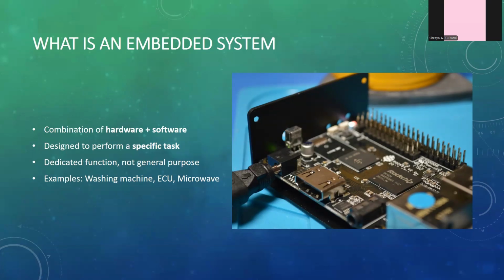So let us look at some examples to get this clear. Embedded systems, example could be washing machine or microwave oven, which are used for specific purposes like washing clothes or for cooking food, etc. But general purpose system can be laptop or desktop, phone, etc. It's not used for one single purpose, but it has various purposes. So laptop is used for developing embedded system itself. So we can code in the laptop and get our embedded system working.